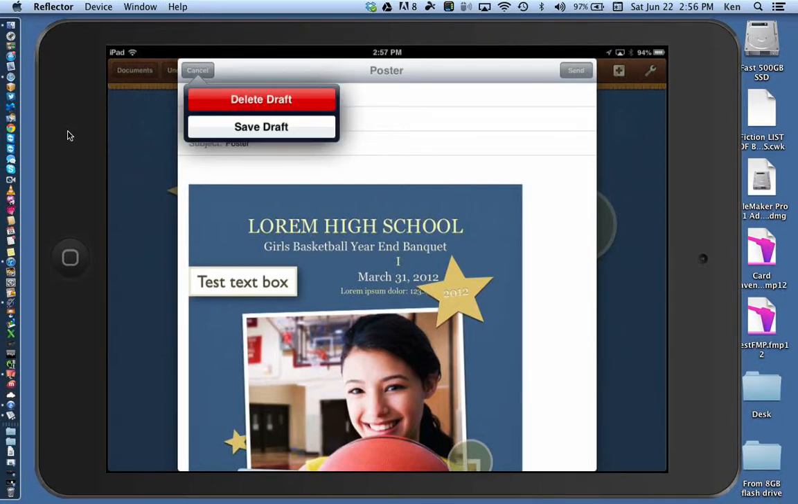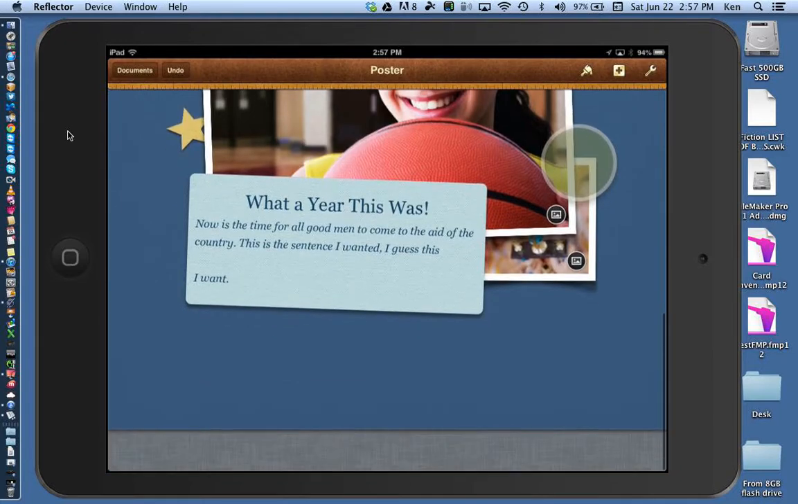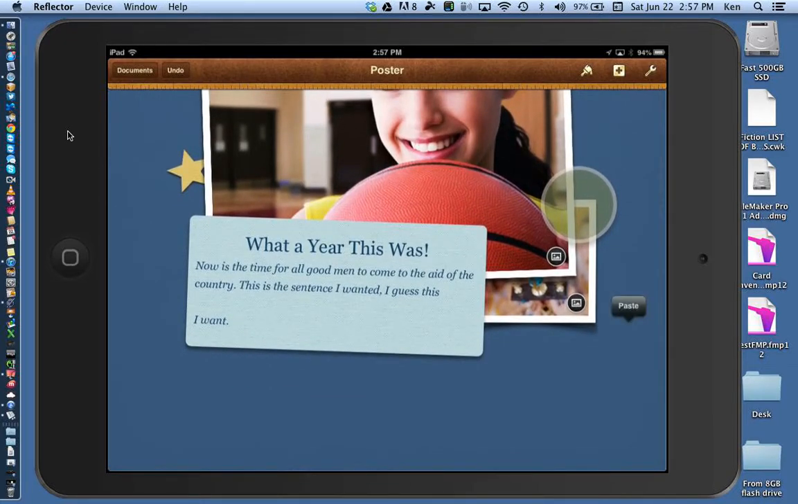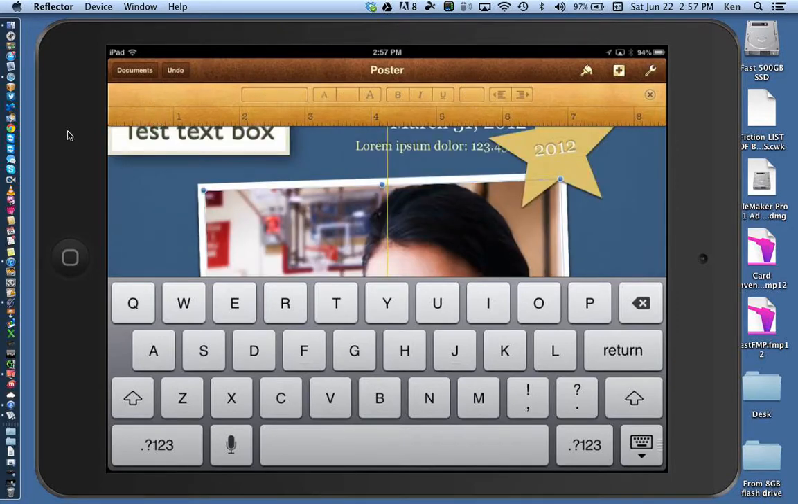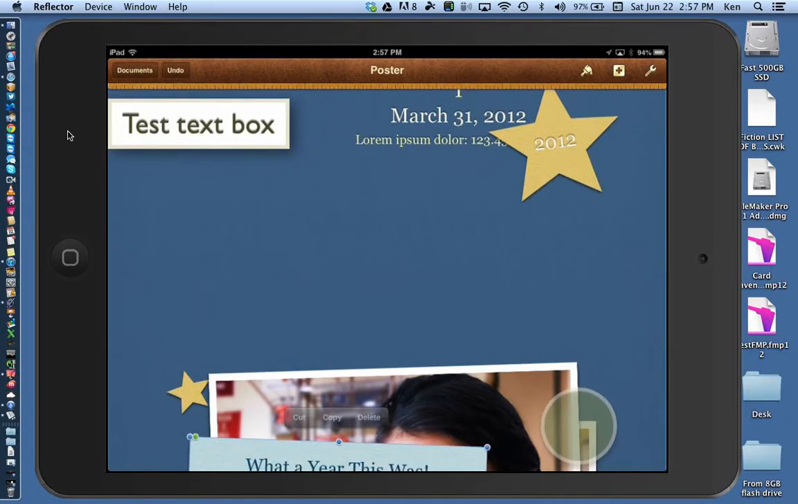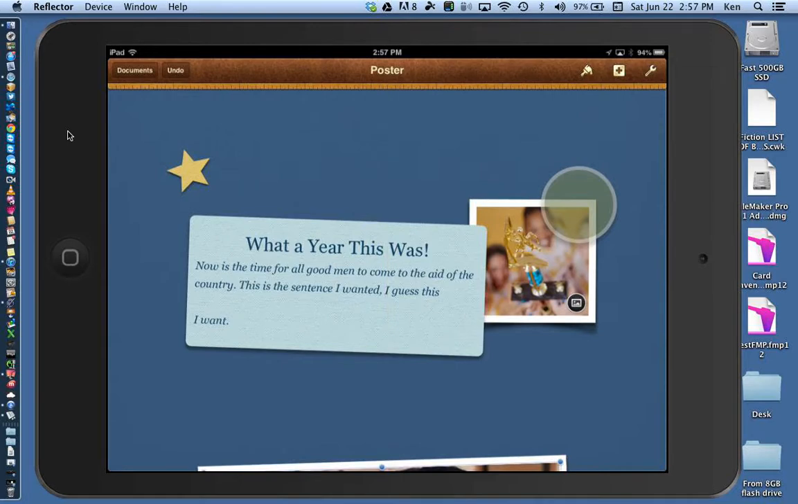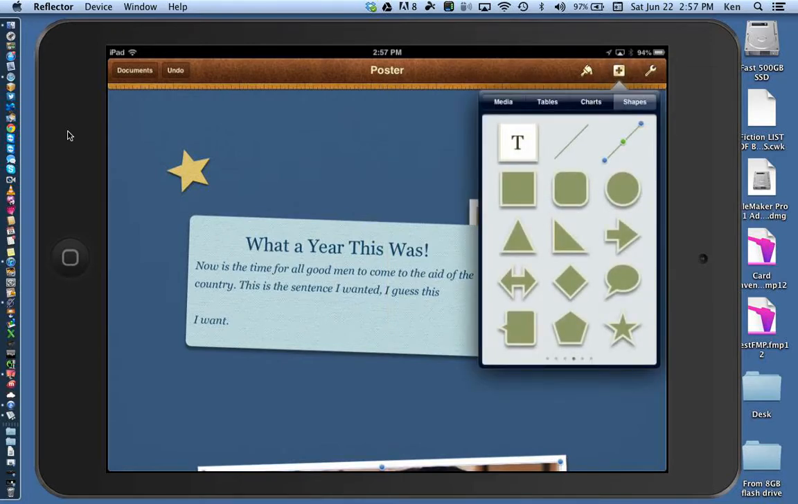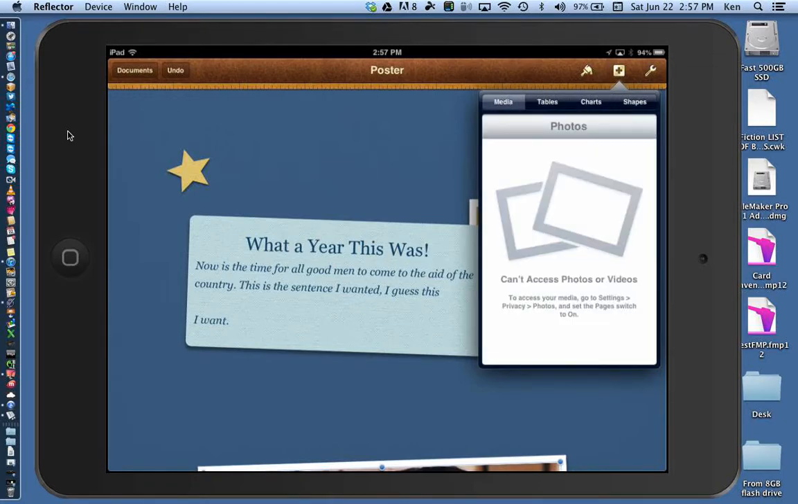Let's go back, and I'm going to add another page to this. Let's see here. So I'm going to start tapping. Oops. So I'm going to take this picture and move it. Oh, I forgot to tell you that. Actually, before we go on to that,